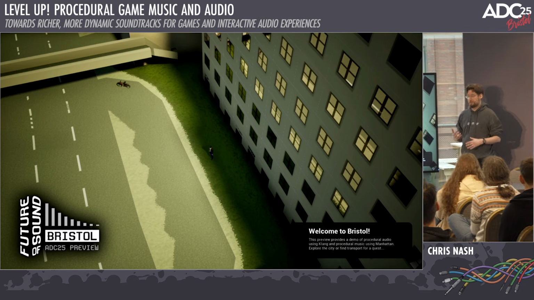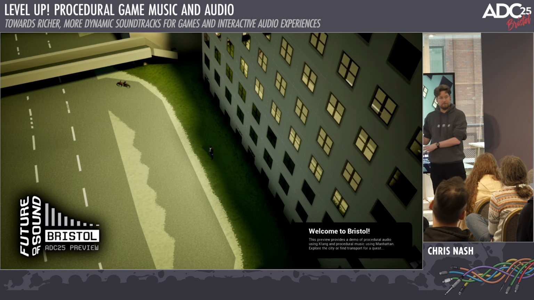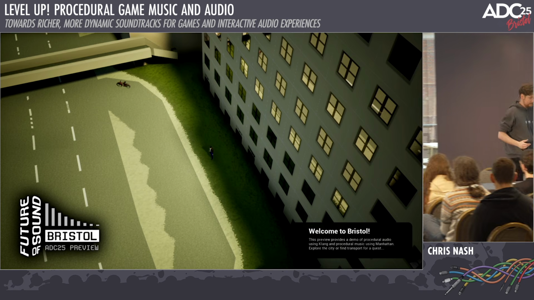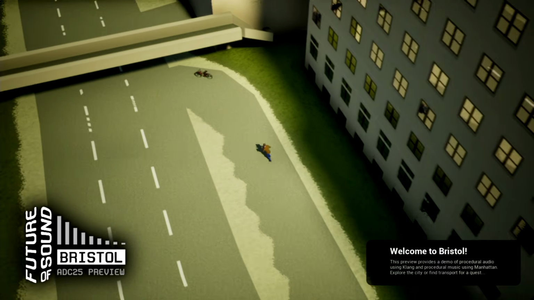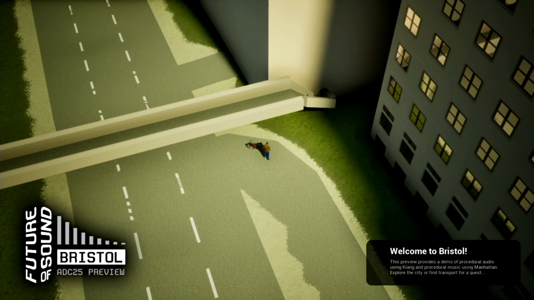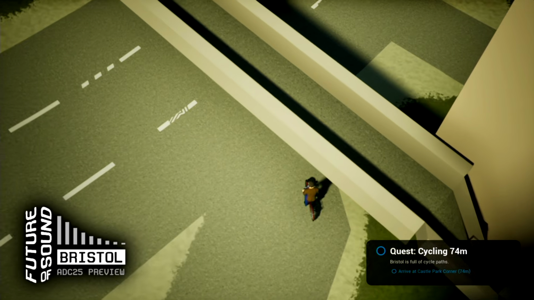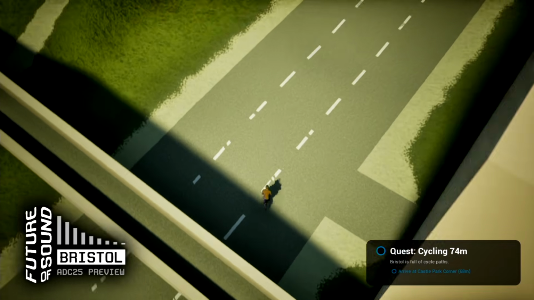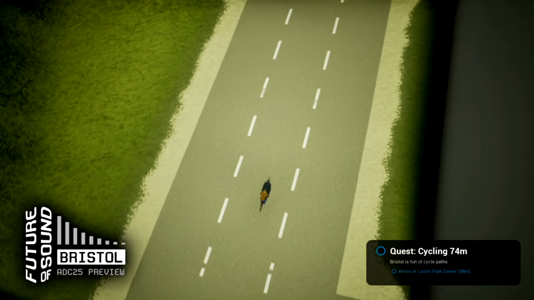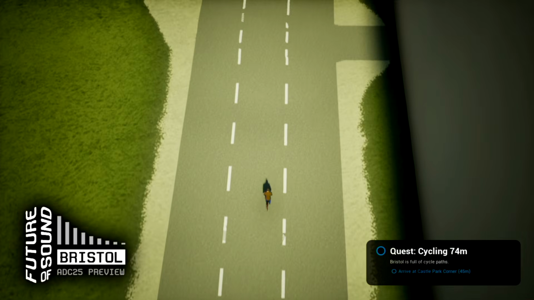So, right, that's basically spin on procedural audio, I'm trying to do the same thing. So this other game I've developed does have a Manhattan soundtrack, which reacts to what's going on around you. So I'm just idly cycling around easily, but if I pedal a bit harder,